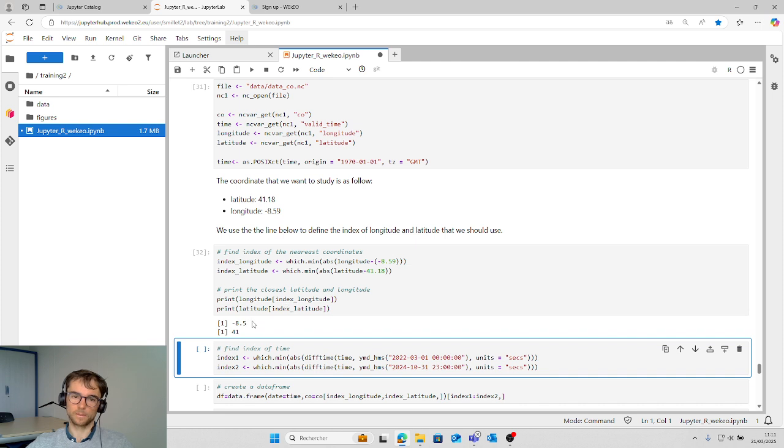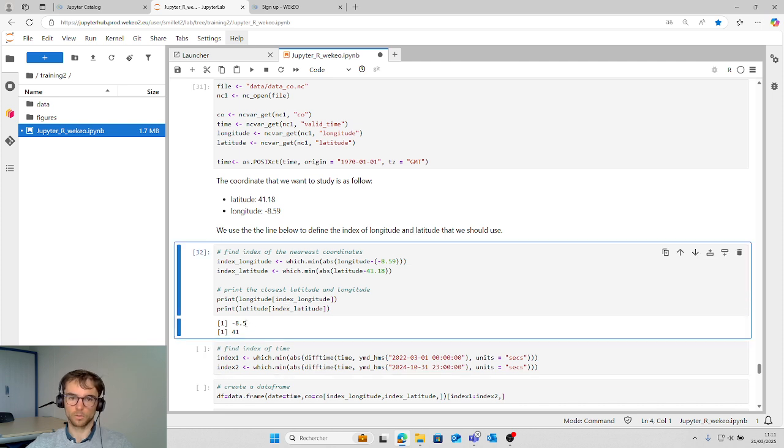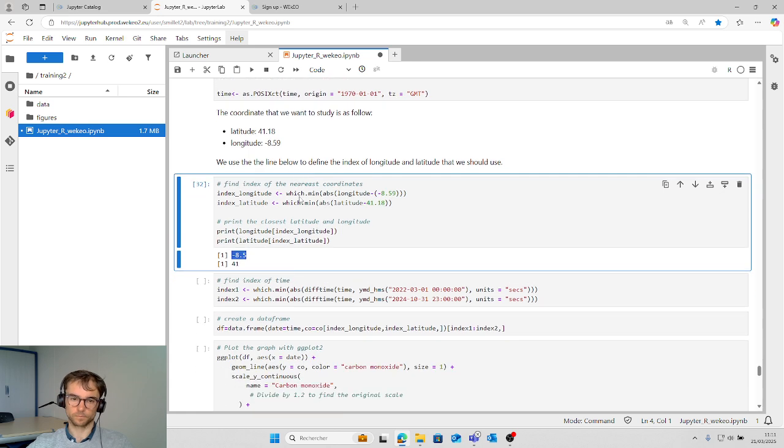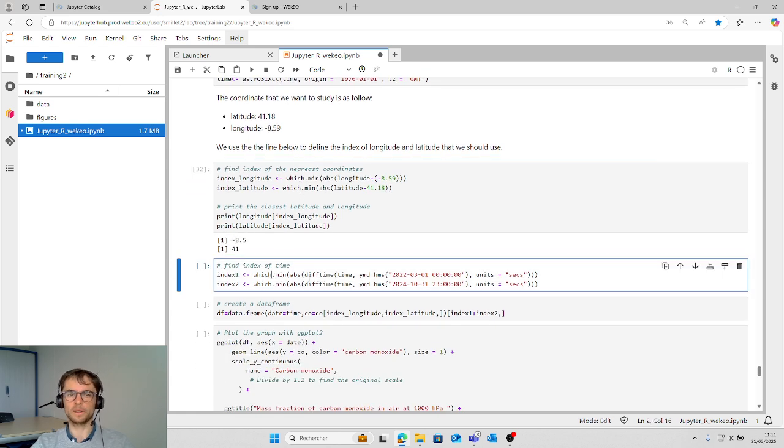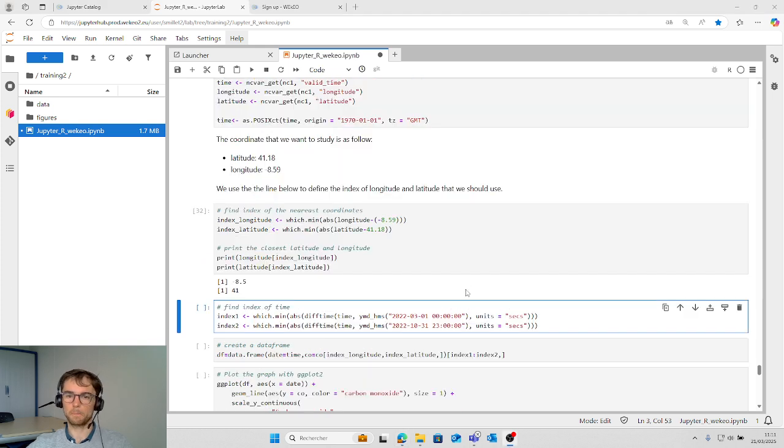The longitude is below 8.5, so it is very near the study coordinate. Then we find the index of time, from March to October.